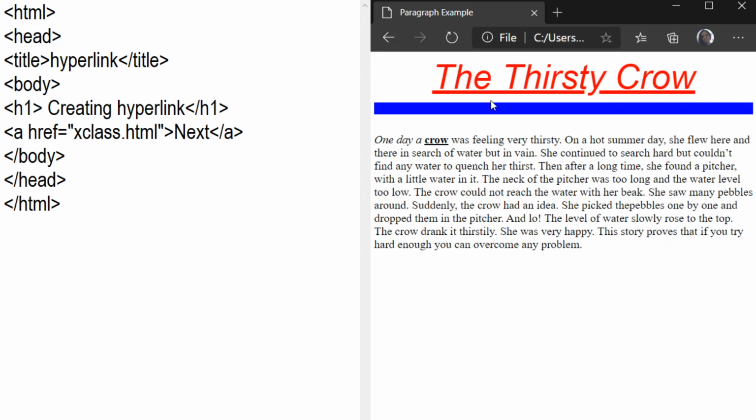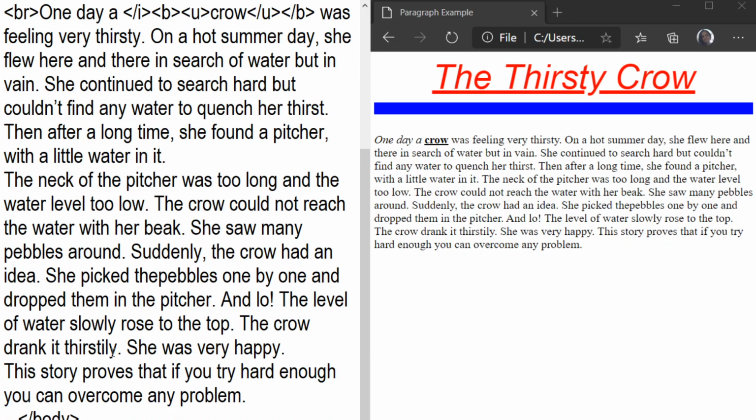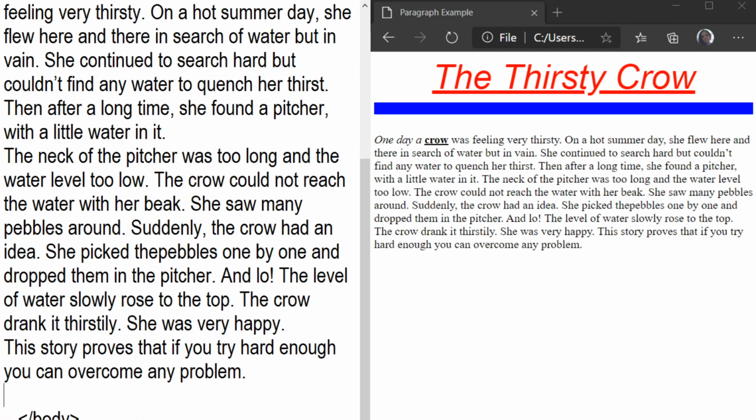For example, now when we have visited this 10th alpha file, we want to go back to 10th class. Then you can open the 10th class.html file in notepad first, and now you can create a hyperlink here.